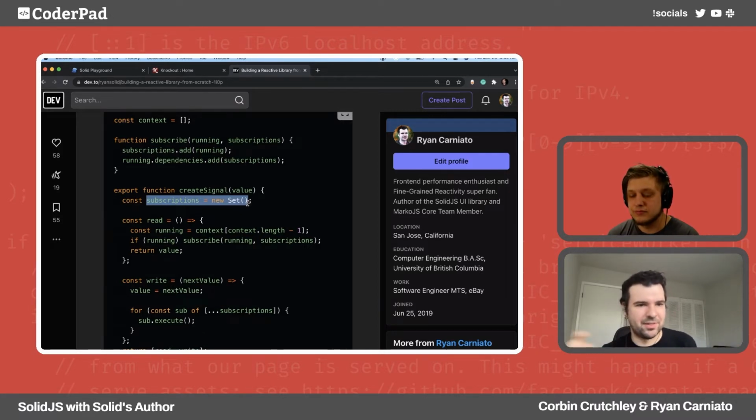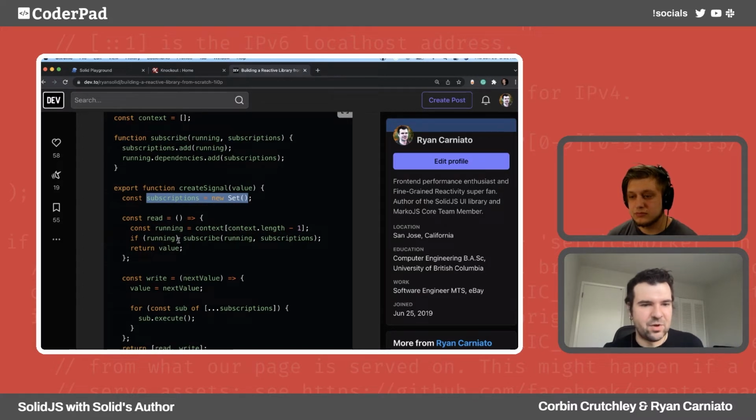Like if you use promises before, you've used subscriptions. Every time you put a dot then on the end of it, you're basically subscribing to that promise. The promise only runs once, but if you had an event, the same idea. If you have an event, you can add as many event handlers as you want. When it updates or a new event fires, it tells people. A signal is a very similar idea, except the little piece of magic is we have a function to read it and a function to write it.